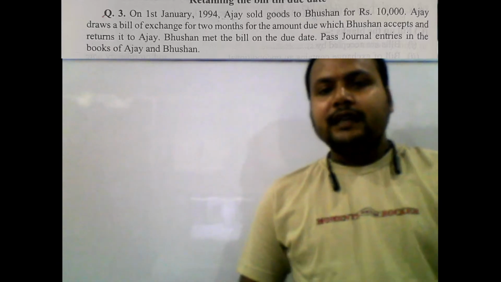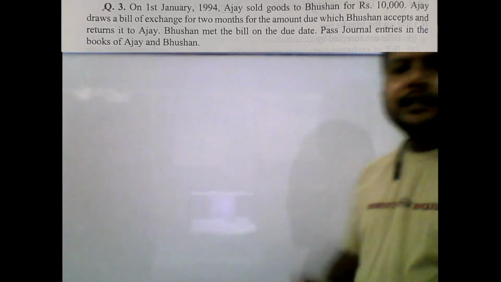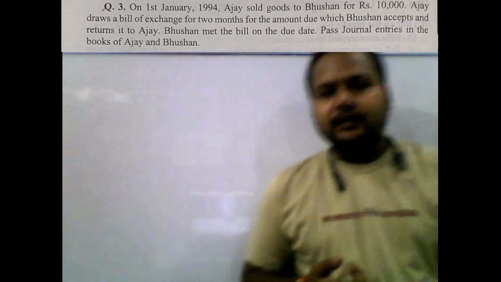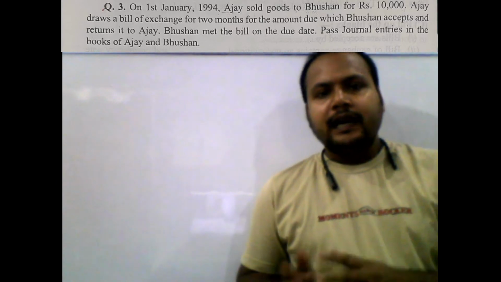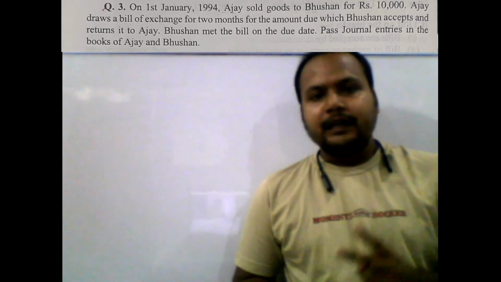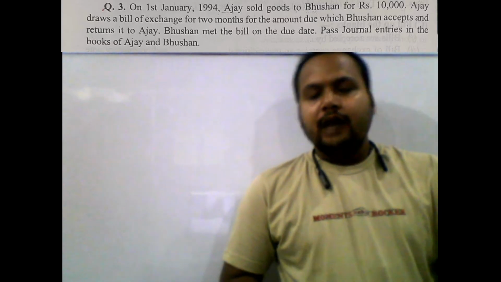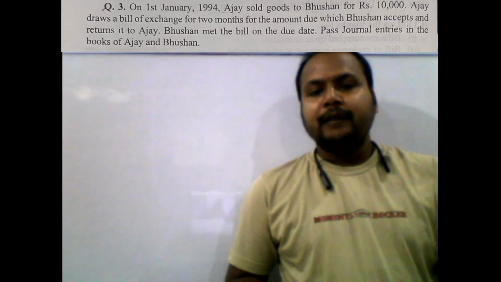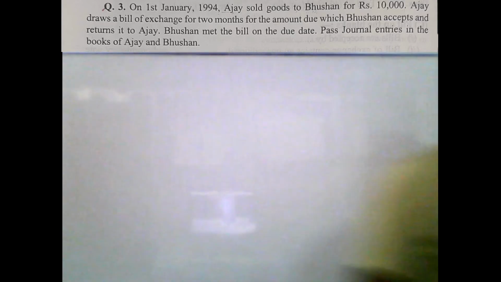So you can see that in this question there are basically two parties. The first person is Ajay and the second person is Bhushan. So अजय ने गुड्स सोल्ड किया भूषण को, एंड अजय ने एक बिल्स ऑफ एक्सचेंज ड्रॉ किया 2 महीने का, एंड जिसे भूषण ने एक्सेप्ट कर लिया, एंड फिर उसे रिटर्न किसको कर दिया? अजय को. भूषण ने ड्यू डेट पे बिल को मेट मतलब पेमेंट कर दिया. पास जनरल एंट्रीज इन द बुक्स ऑफ अजय एंड भूषण, यानी आपको एंट्रीज पास करनी हैं इन द बुक्स ऑफ अजय एंड भूषण. So first of all, before solving this question,